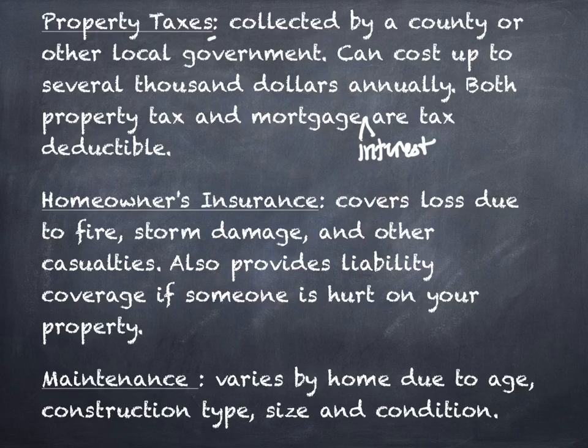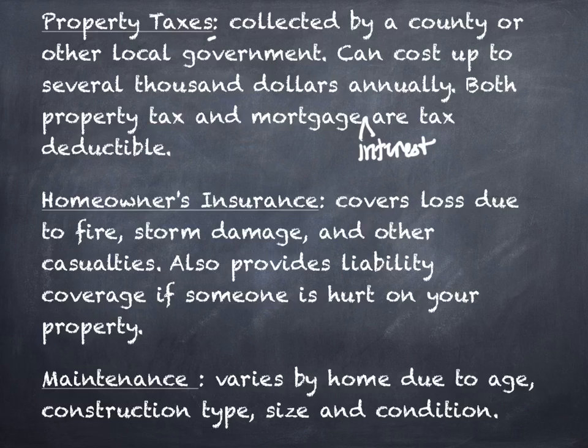The other one is the homeowner's insurance. A homeowner's policy will cover loss due to things like fire, storm damage, and other casualties. Tornadoes are almost always included in that, which is really good considering where we live. Some things are not included in that. There are certain places where flooding is a separate policy. If there was a flood, it wouldn't cover it. Earthquake insurance is typically a different policy. Hail damage is included, which is really good. In Oklahoma, we get hail damage from time to time, and replacing roofs can be very expensive.